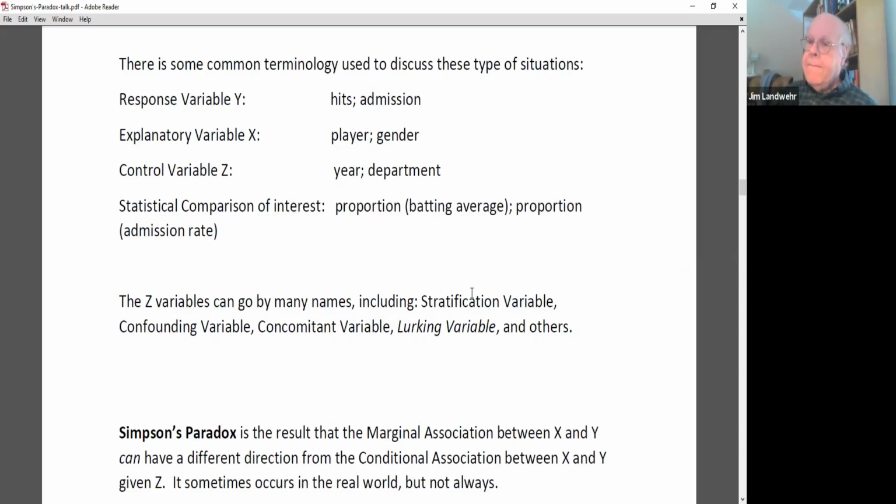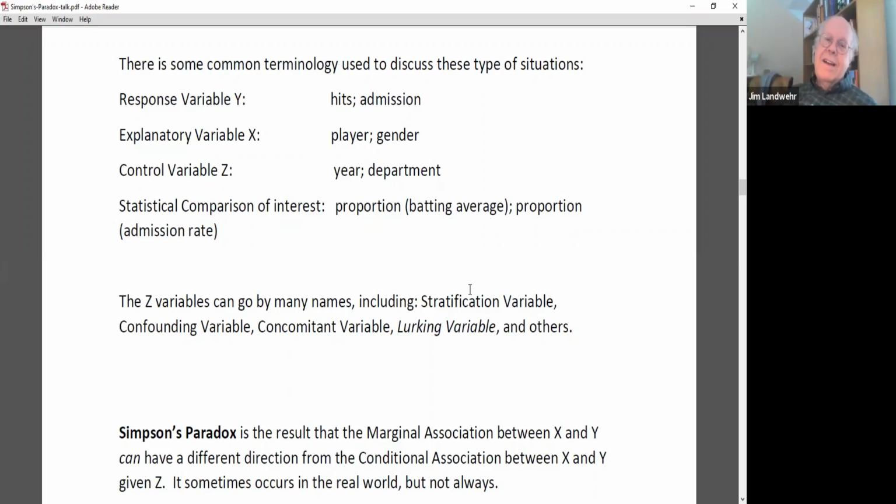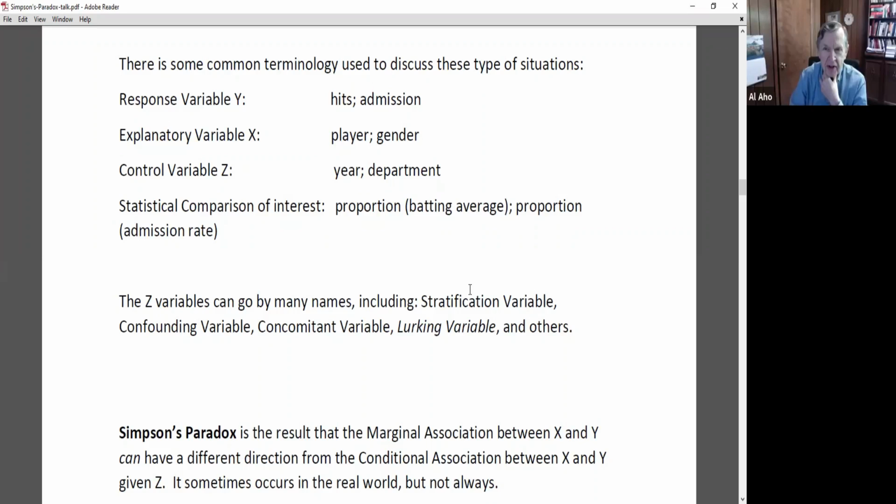Jim, yeah. How is the lurking variable compared to the hidden variable that we hear about in statistics? Well, I think it's the same thing. A hidden variable, a lurking variable. I'm not quite sure, but I would say it's probably the same thing. Well, I was thinking of Einstein calling quantum mechanics incomplete. And then there's this big debate that there are no hidden variables, at least according to Bell.